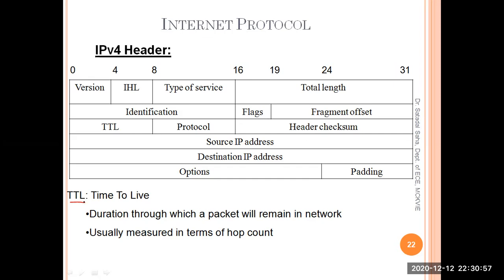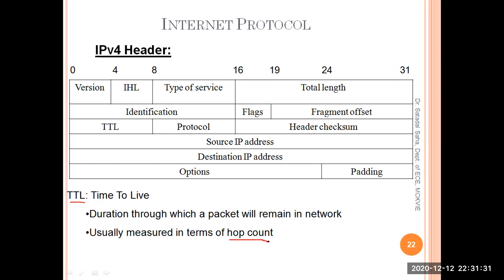So there is a TTL field that is set by the source, so that it has an idea that, okay, this packet may take this amount of time to reach the receiver, and if it is not reached within this amount of time, then this packet will be discarded, because it will be considered that it is unreachable. So the TTL field is important to reduce the load of the network in case the packet is not deliverable. It is actually measured not in terms of time count, but in terms of hop count.